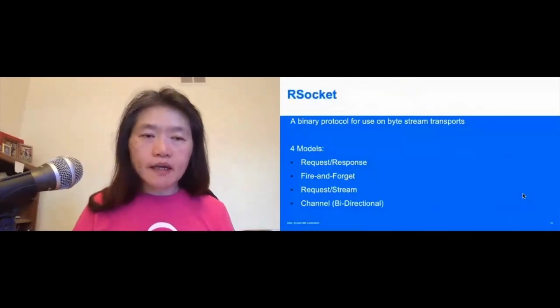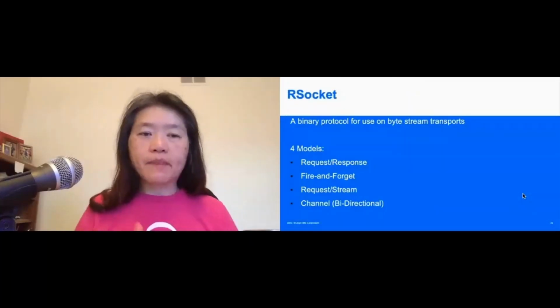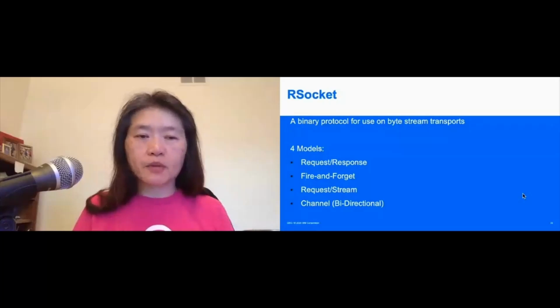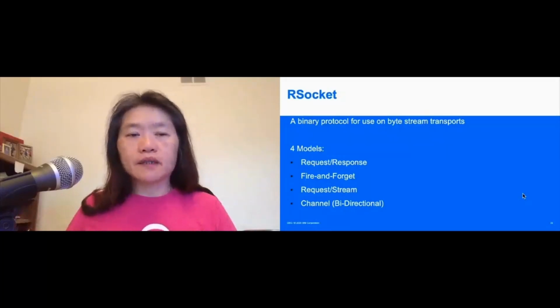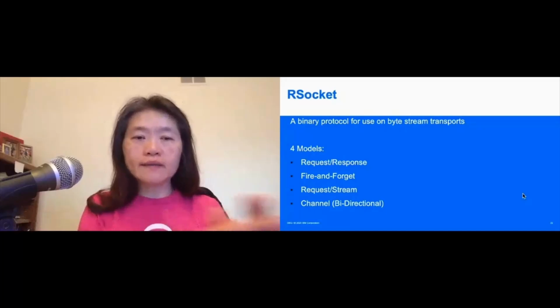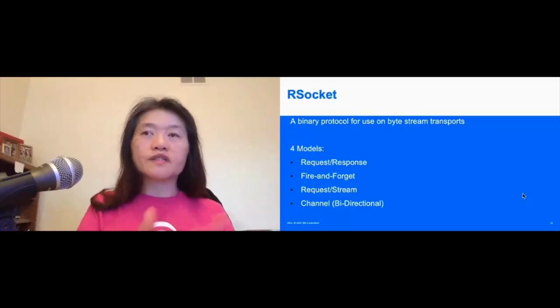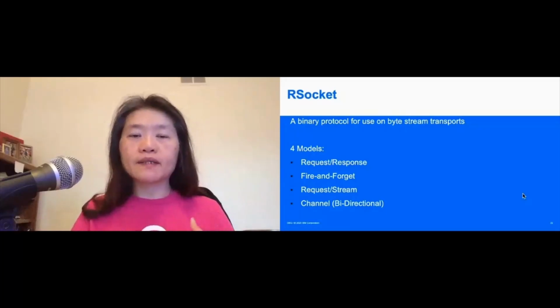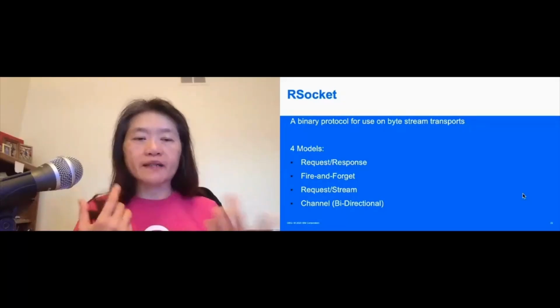Now, then there's RSocket. RSocket is really a binary protocol. It's a bit lower level than the rest that I've previously discussed. They are used on byte stream transports too. There are essentially four models. Request-response, which is a one-to-one kind of model, or one-to-zero, which is fire-and-forget: your request gets fired and you don't expect any response.